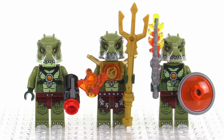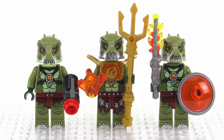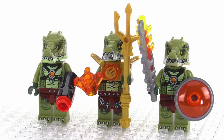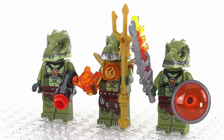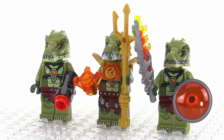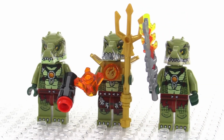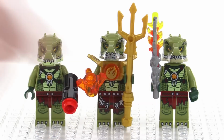Not a very inspired name. The other two are just regular Crocodile Tribe warriors. They don't have any particular names, so they're really intended to be just whoever you want them to be, or whatever you want them to be. And unlike some of the other tribe packs, this one does have full duplication of the torsos between these two